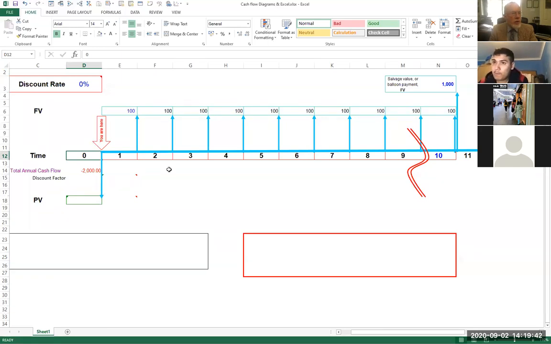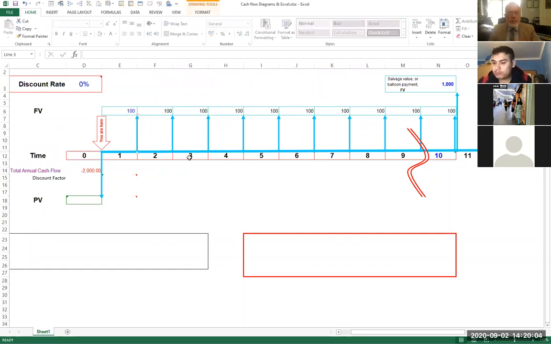Why do you do it? Why do you waste time writing out one of these diagrams? Well, the reason is it's a really good way of visualizing how big the cash flows are, which direction they're going, and when they're happening. And that really helps you bring them back down to the present.